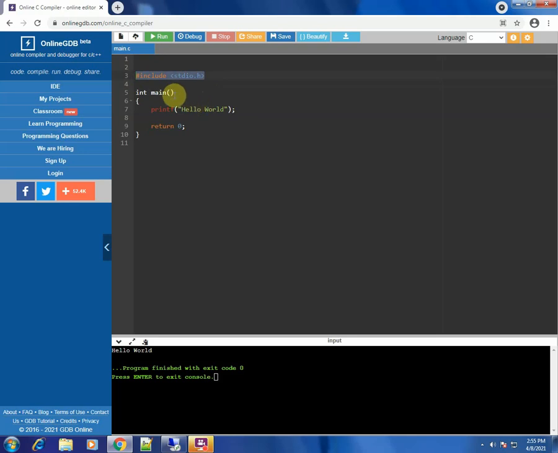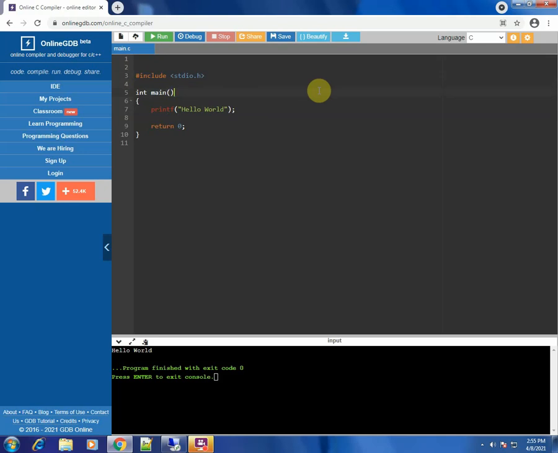The next thing you'll have to know is the main function. You can see this main, M-A-I-N, and this particular main is a function. Now a function is nothing but a piece of code which does some kind of task and produces some kind of output.